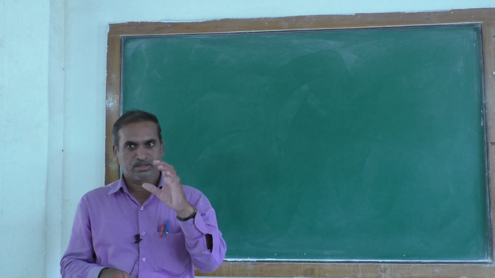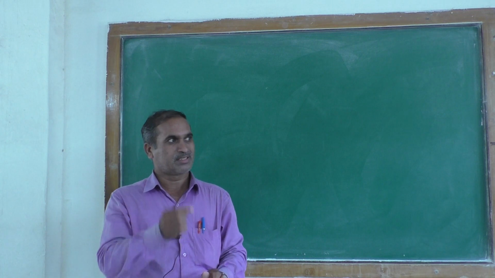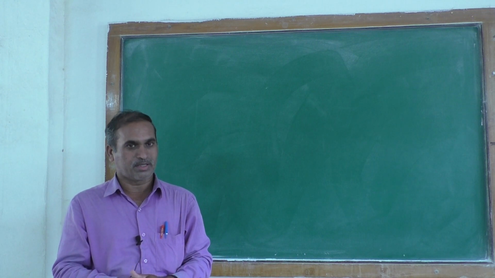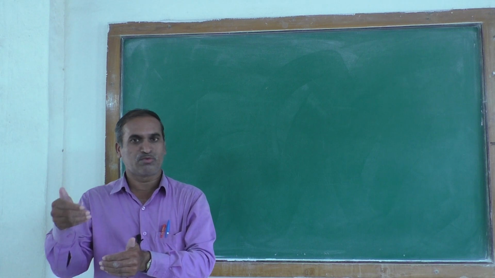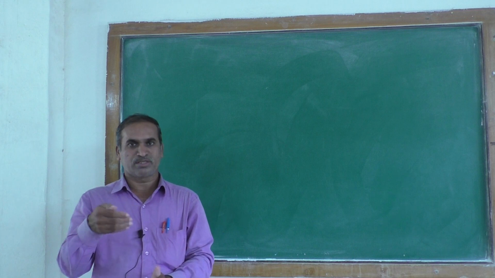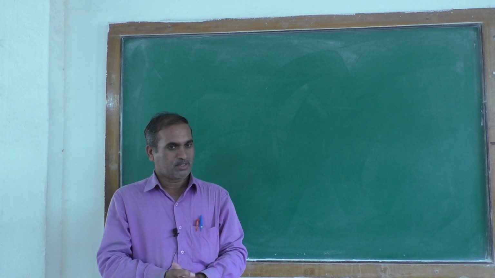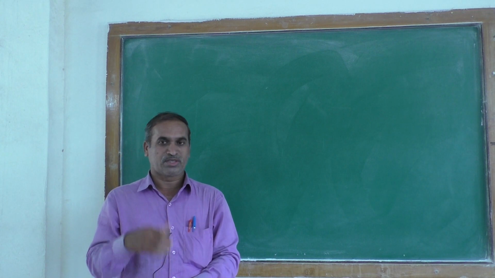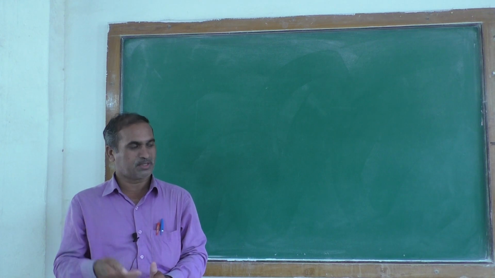Second year, third semester, course number CBOP3. Yesterday I already told you that CBOP3 means choice based optional paper 3. Our previous year's paper was CHO 353. The name of our course is